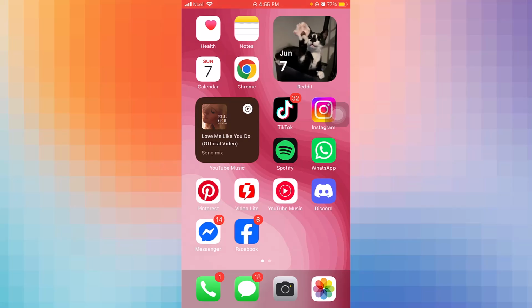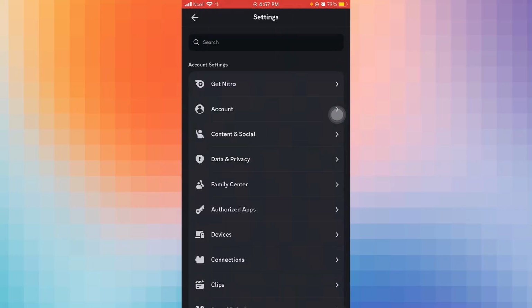Hello everyone, welcome back to TechPorn, and in this video I'm gonna show you how to fix Discord two-factor authentication